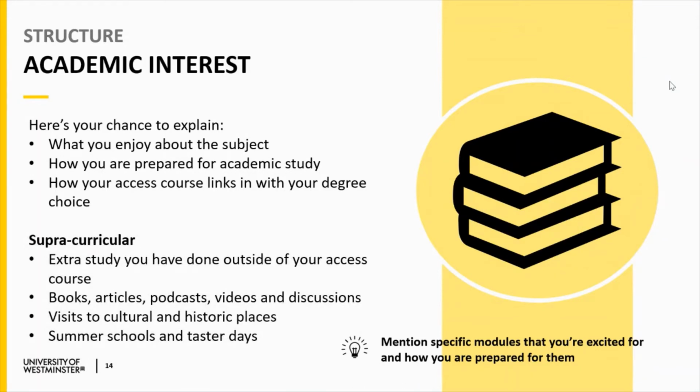Now, this is anything you've done outside of your Access course to deepen your understanding of the subject. That can be books, articles, podcasts, TED Talks, or books like we spoke about earlier in the politics example. This is a great way to make your personal statement personal, as what area you're interested in is different from another applicant. You don't need to do loads of this. If you just spent a couple of hours each week, you could get some great things to talk about, and it'll help you prepare for university, because there's a big focus on independent study. So it's going to benefit you in the long run too.